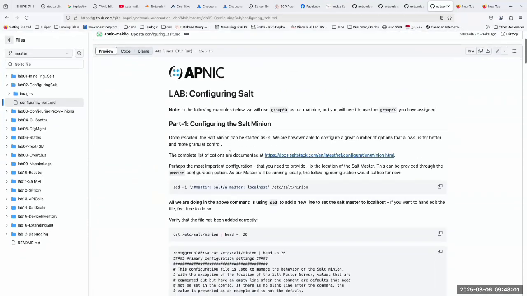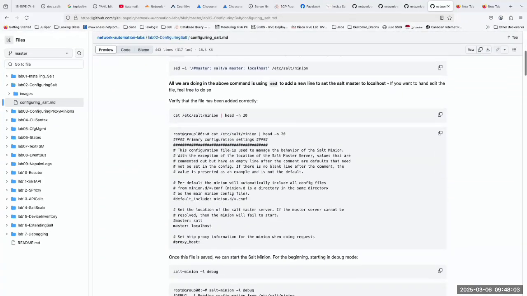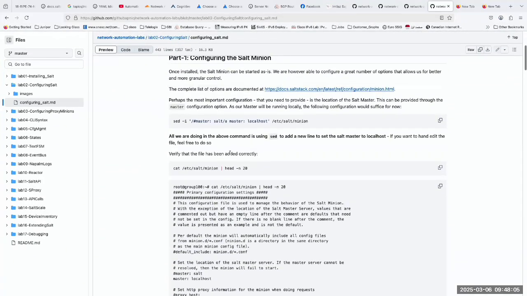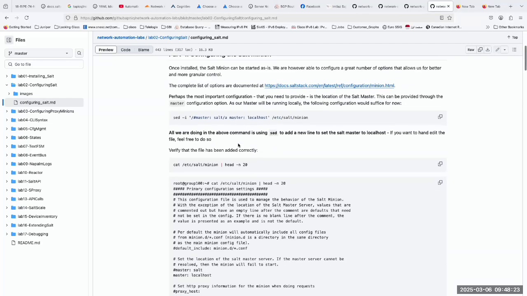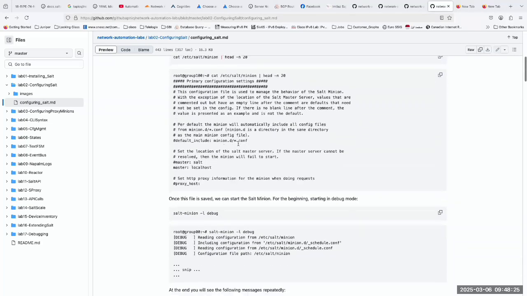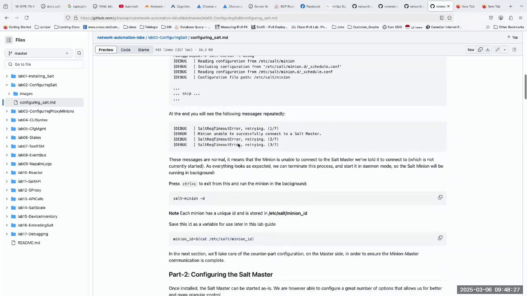So I was talking about how you can configure the salt minion so it can interact with the salt master. In that case, you need to tell the minion where your master is. We go to /etc/salt/minion, and there you specify the IP address for the master. So if I just scroll down,